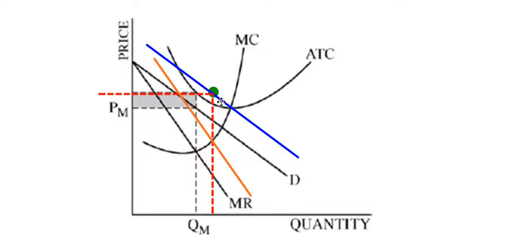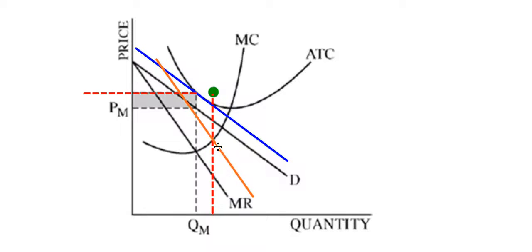So firms are going to come in until such point that everybody ends up right here. So the demand's going to come back to about right there, marginal revenue is going to come back, so we're going to end up at some point about right here,